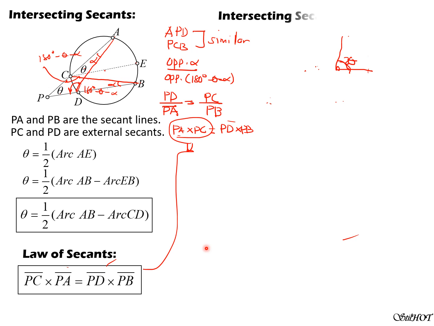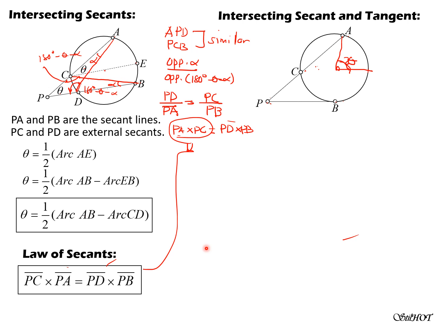Then we consider intersecting secant and tangent. So we have here another circle. We have a secant line and a tangent line, PB. So theta is the angle at P. So we draw a line parallel to PB through point C, so that the measure of this angle is also theta, and the corresponding angle, if needed, is 2 theta, because that proves that theta is 1/2 of arc AD. So theta is 1/2 arc AD,